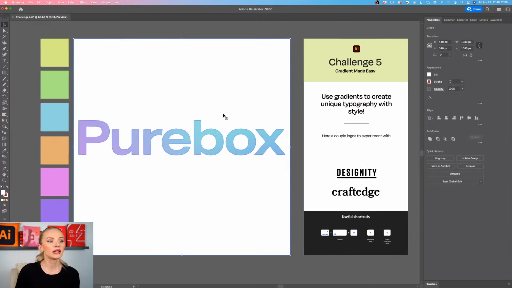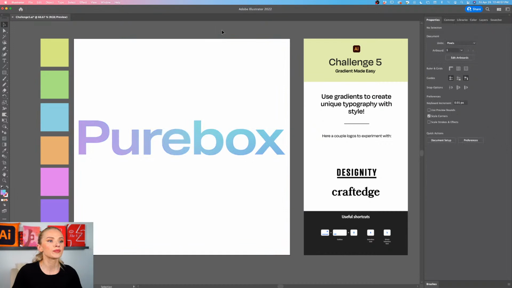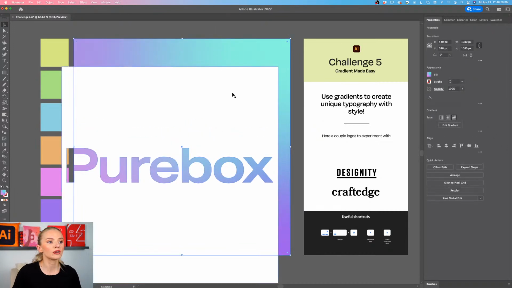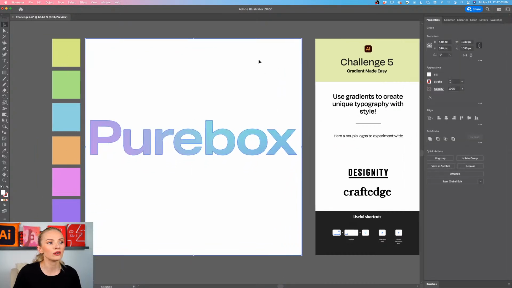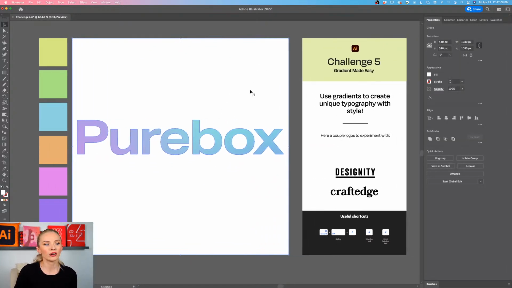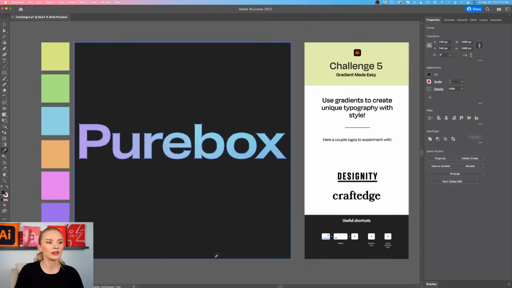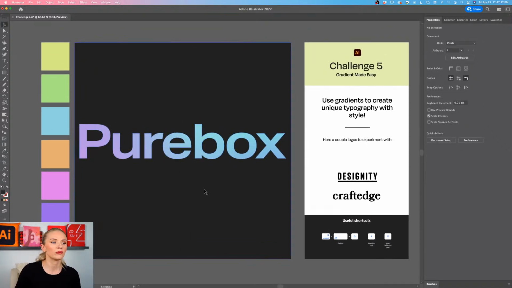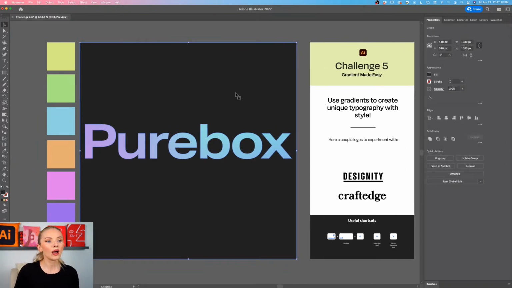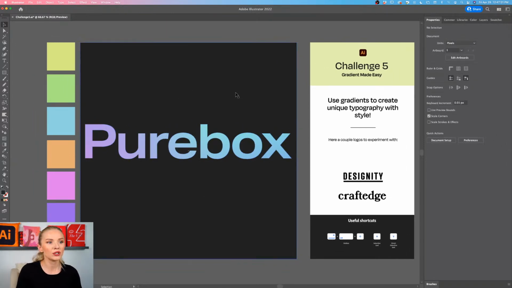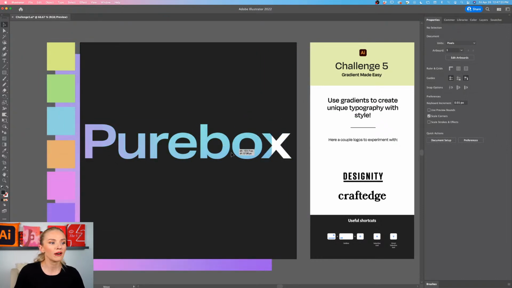And now let's unlock all the objects with Command Option and 2. Now we have this background gradient also active. Now next what we're going to do is we're going to preview and play around with the background color. First, we're going to select this white box, click I on the keyboard for the eyedropper tool, sample the black color because I think a black color tone in this case will probably work better. And now I'm going to select it, click Command and 2 to lock, and now all I have unlocked is